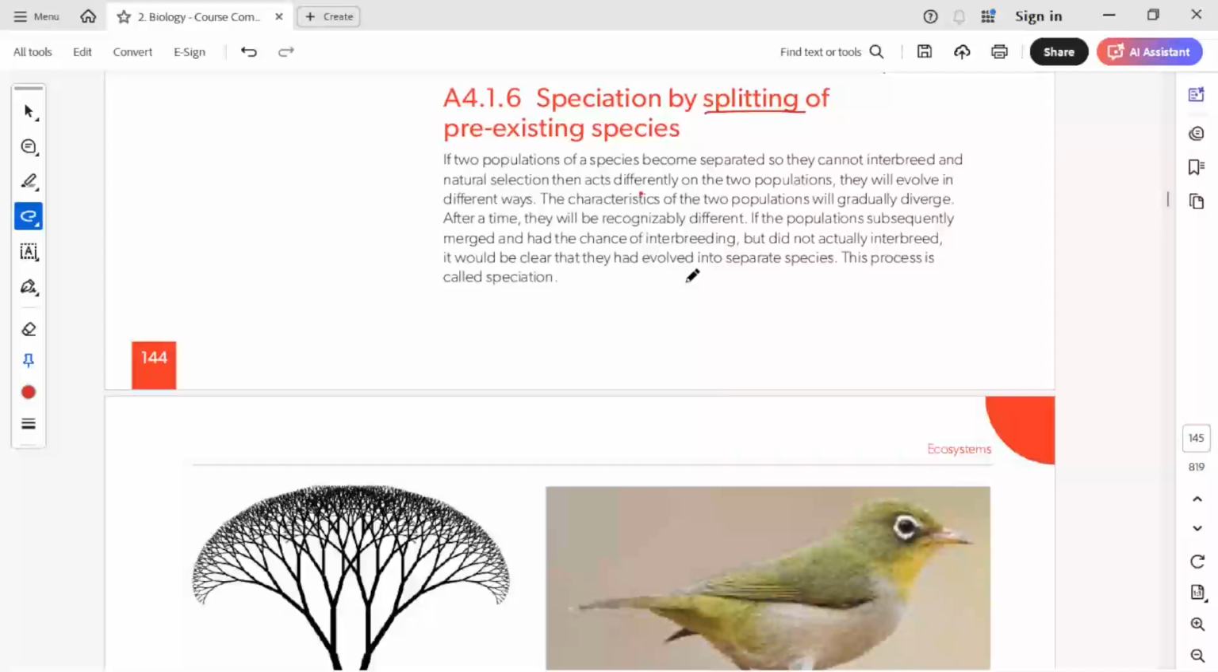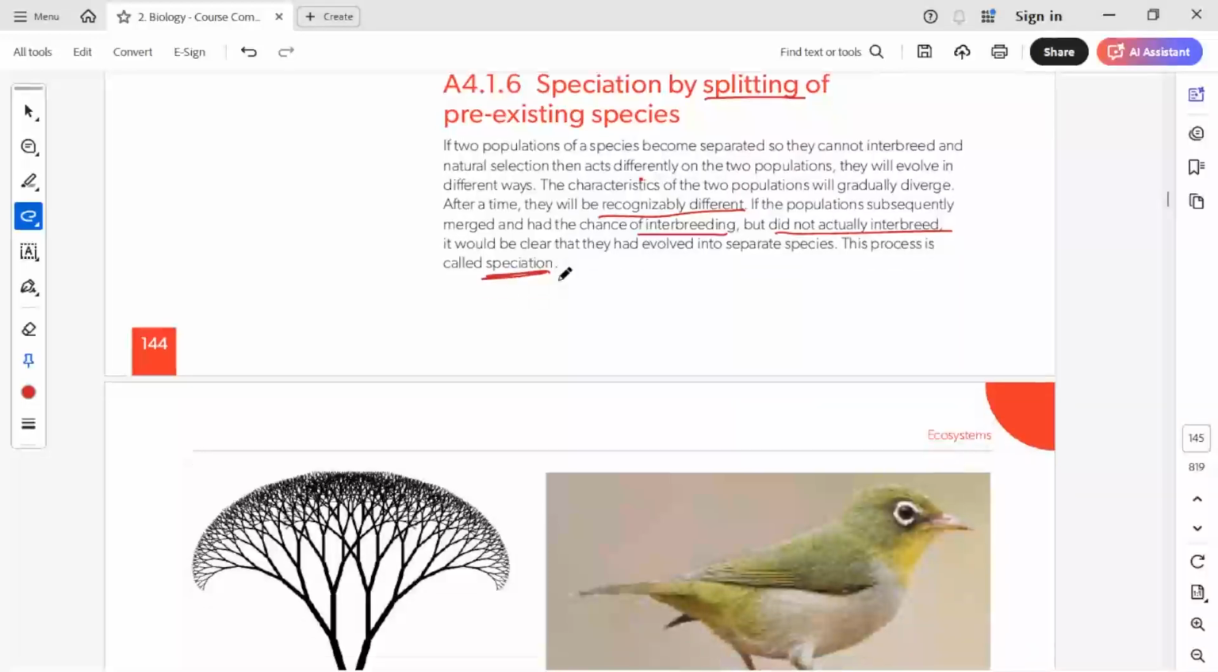But if there is no interbreeding taking place between two groups of the same species, then slowly they both will evolve in different ways, and they will eventually develop into different species. After a time they will be recognizably different, because different mutations are accumulating in each group. If the populations subsequently merged, they would not be able to interbreed after a certain time, and when they are not able to interbreed, we call them separate species, and this process is called speciation. Okay,